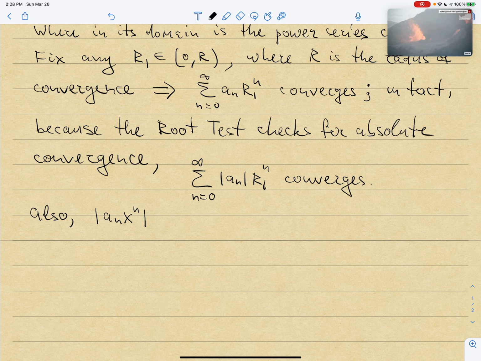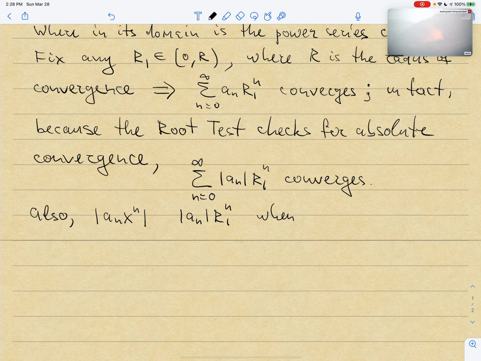If I compare absolute value of this with absolute value of an times r1 to the power n,